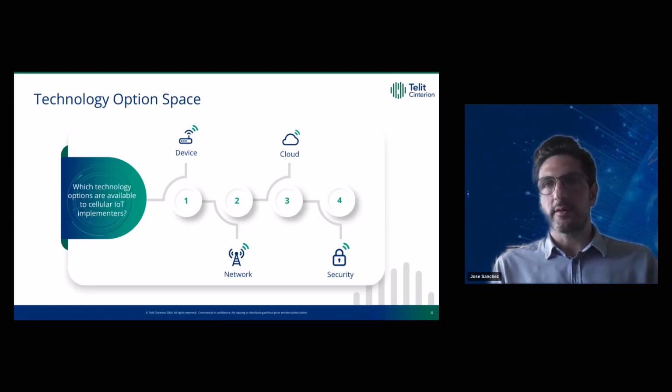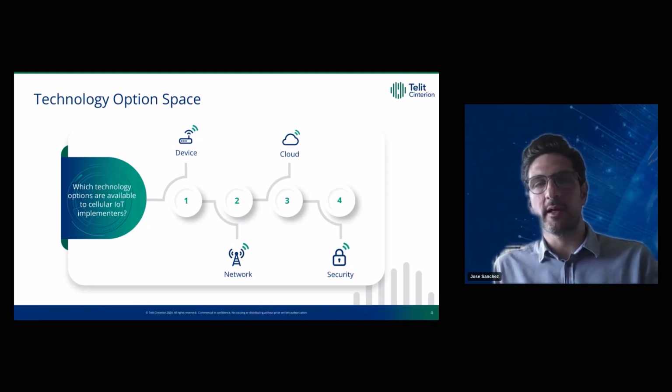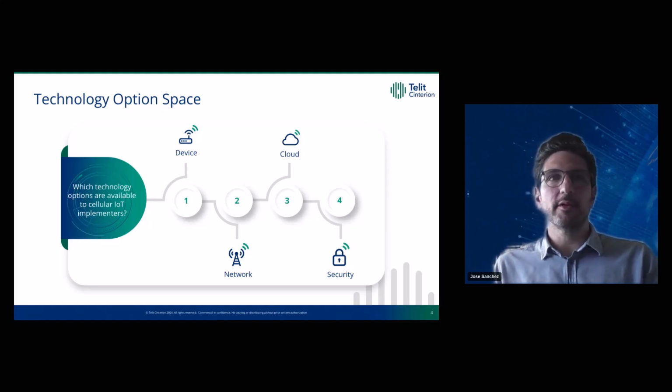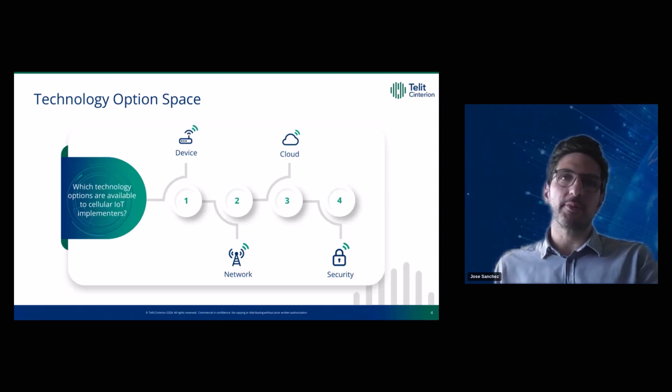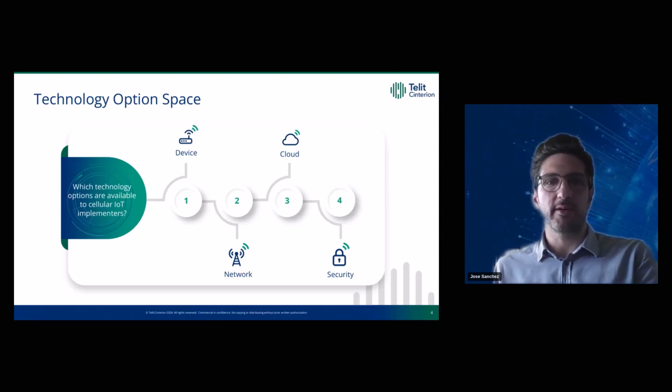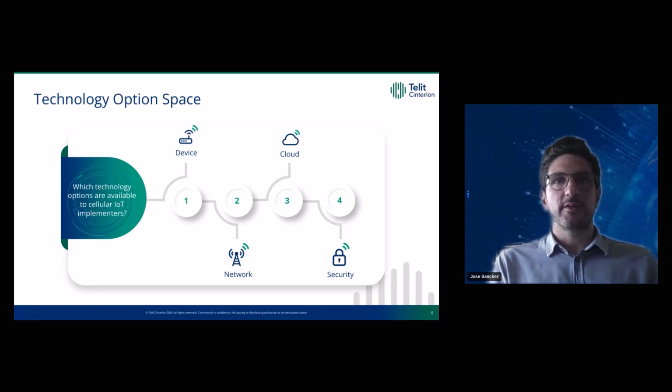We can talk about redundancy in terms of hardware, using multiple MCUs in parallel, using redundancy at the cellular modem layer, so having multiple modems, and using redundancy at the SIM card level, having multiple SIMs. We have technologies such as dual SIM, which have been in place for many years. We also have software technologies such as smart agents and connection managers that are used to improve the reliability of applications. On the network side, we find